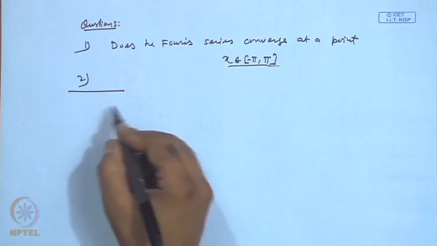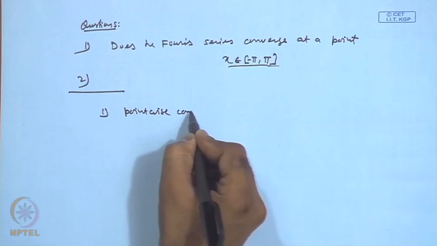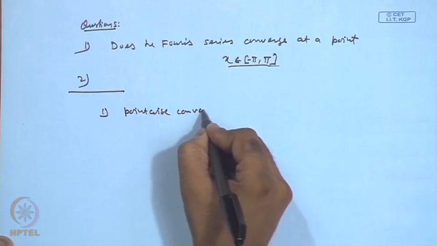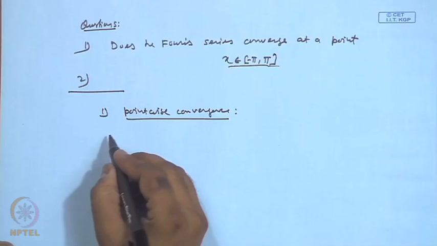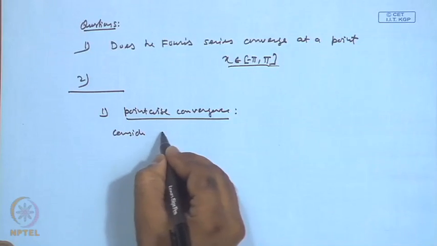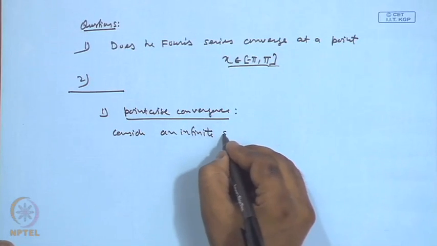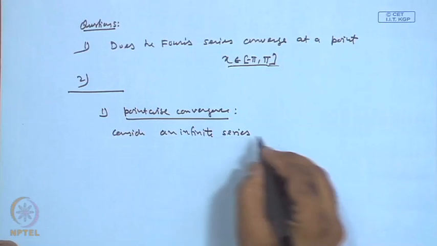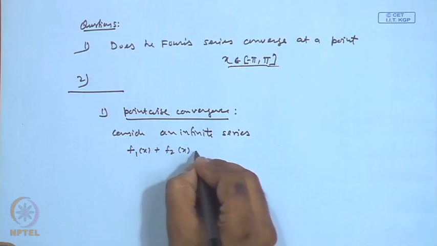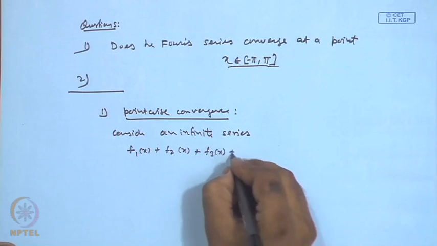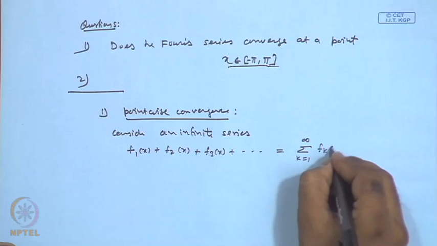But before, let me mention that there are several notions of convergence, and one is the pointwise convergence, which we will be talking about. In a rather informal manner, consider an infinite series f1(x) + f2(x) + f3(x) and so on, or we can write in summation form, sum over k from 1 to infinity of f_k(x),